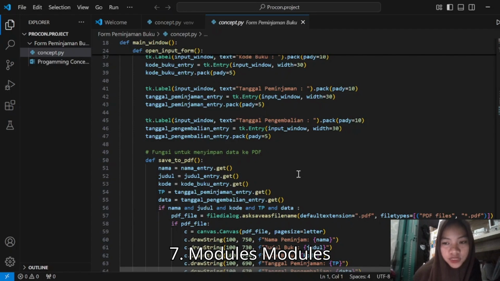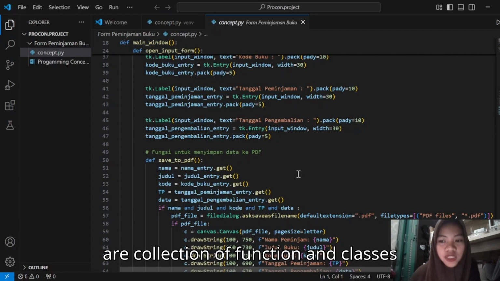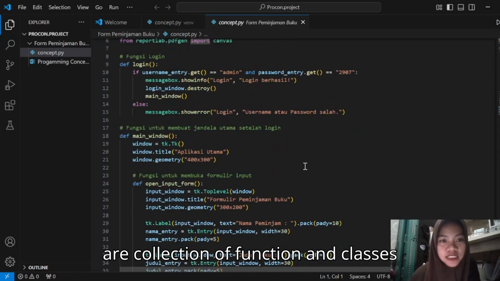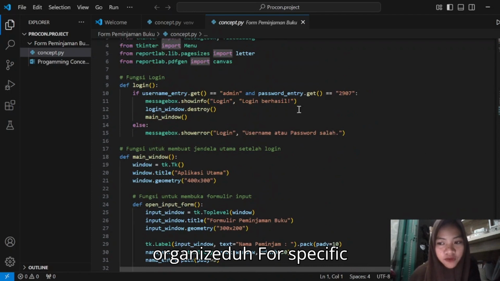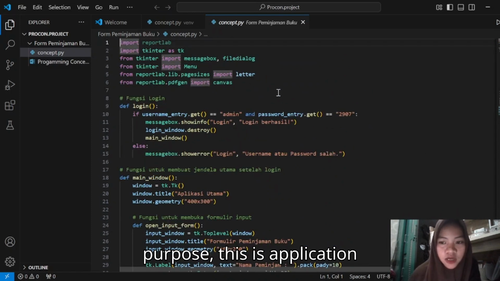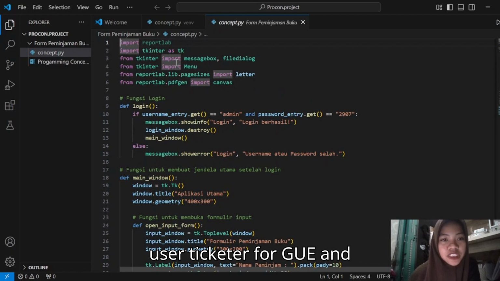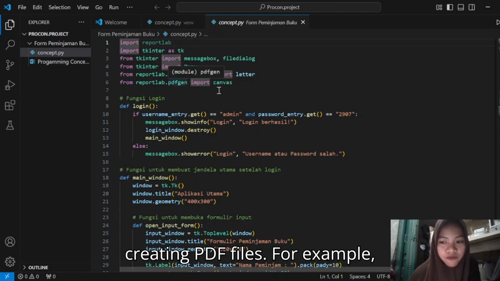Seven, modules. Modules are collections of functions and classes organized for a specific purpose. This application uses Tkinter for GUI and ReportLab for creating PDF files.